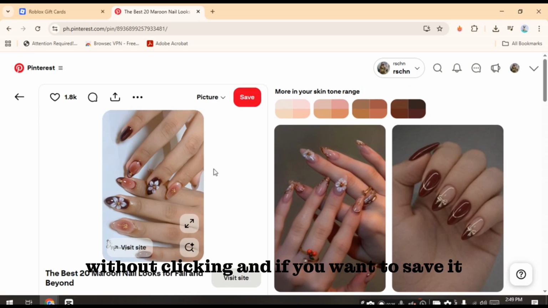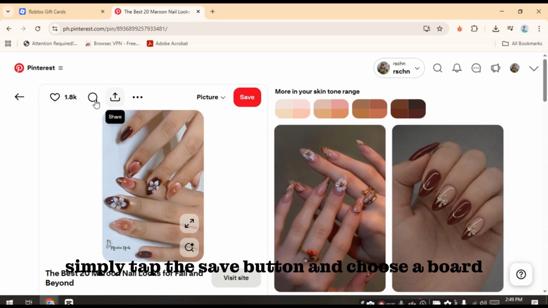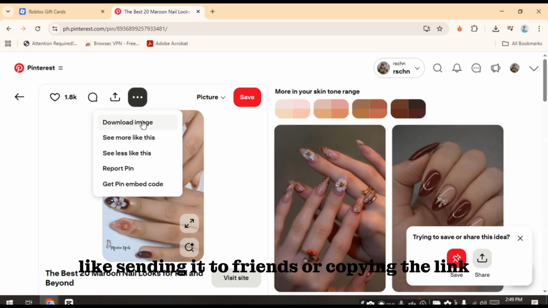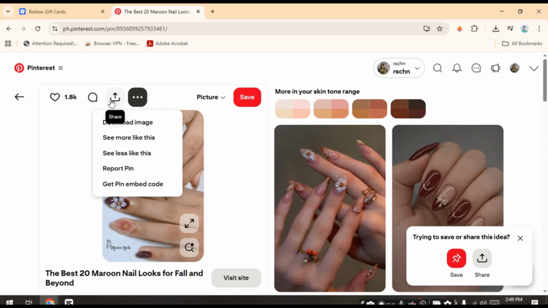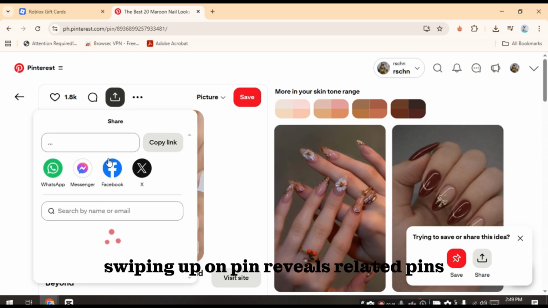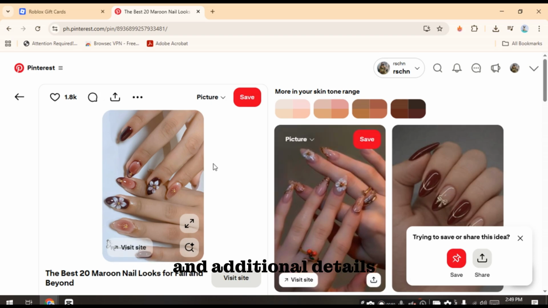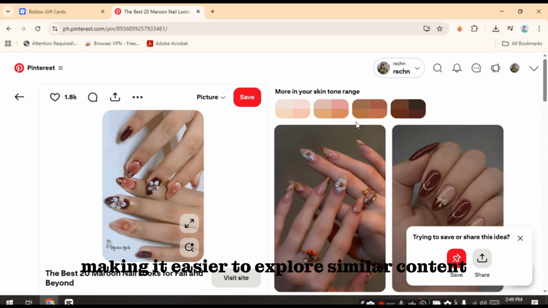And if you want to save it, simply tap the save button and choose a board, or click the three dots for more options like sending it to friends or copying the link. If you're using mobile, swiping up on a pin reveals related pins and additional details, making it easier to explore similar